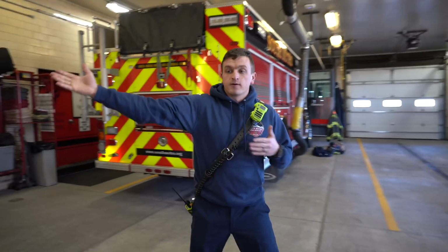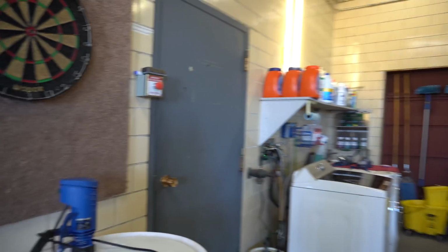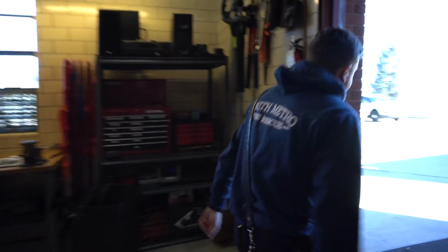And behind our bay, we have our boiler room here. There's nothing really to see in there, but we do have a pretty awesome yard at Station 14. If we go back through the back door,